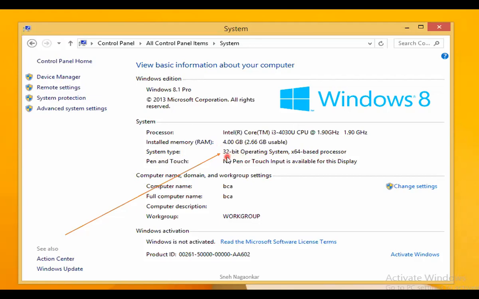So please note down which type of operating system is on your computer and which Windows you are using. The first step is to take care of the version of Windows that you are using and note it down. Along with that, note the important concept, that is, 32-bit OS. Is the concept clear?